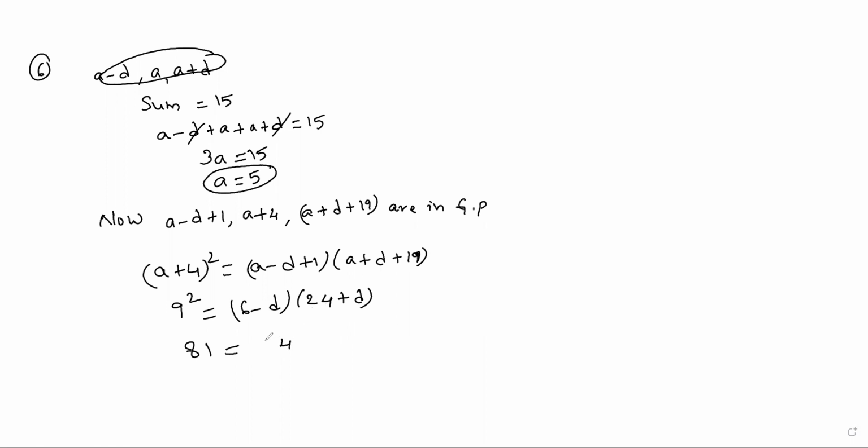Now here this is clearly 81 is equal to 6 into 24, we can take 4, that is in total 144, plus 6d minus 24d, total minus 18d, we will get minus d square. Now send d square to the left side: d square minus 18d becomes plus 18d. Send 144 to this side, 81 minus 144, so not 83, exactly 63 is what we will get. It is clearly 63.